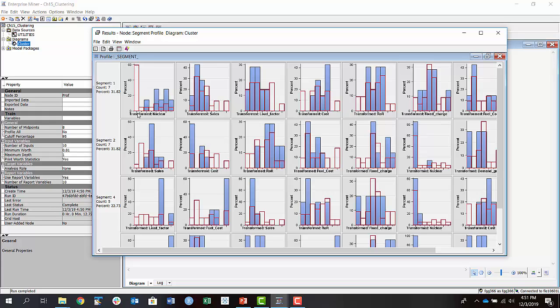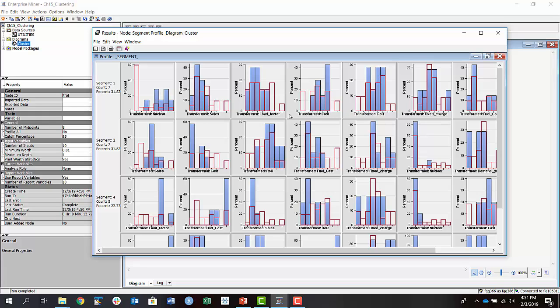histogram of each variable, what it looked like and what it looks like within the segment. So you have segment 1 or cluster 1, cluster 2, cluster 3 and cluster 4. The red line shows what the original values were, and the blue bars tell us what the segment looks like. So here you can see that the nuclear segment 1 seems to be a little more nuclear and less sales than